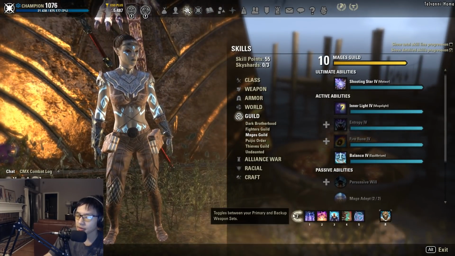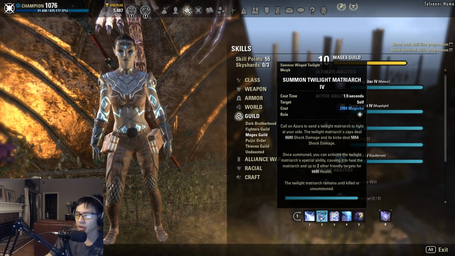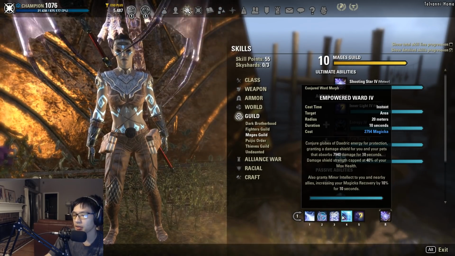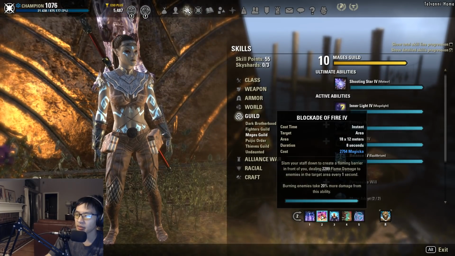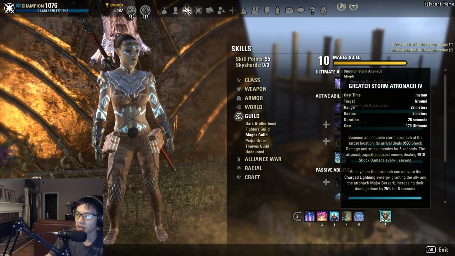For our skill bars, not much flexibility here. On our front bar, we have Endless Fury, Twilight Matriarch. We can also go to the Tormentor if you'd like. Bound Aegis, Empowered Ward, so we still have our shield. Inner Light, Shooting Star. Back bar, Lightning Flood, Blockade of Fire, Daedric Prey, Rearming Trap, Twilight Matriarch, and Greater Storm